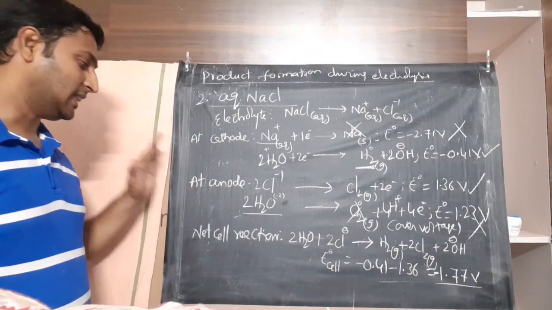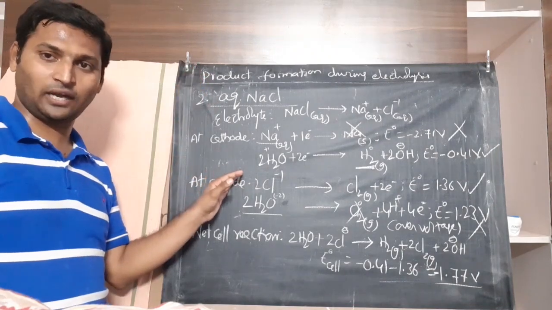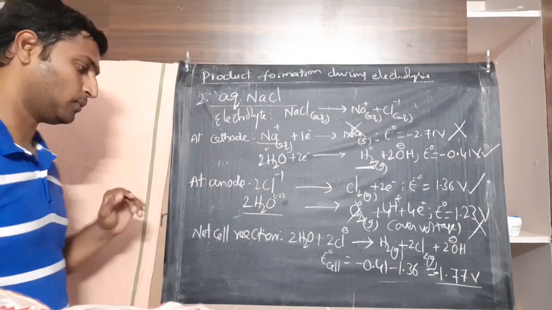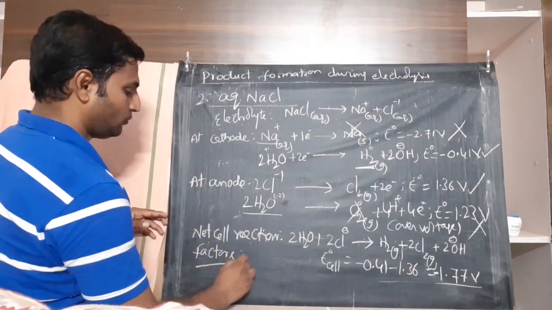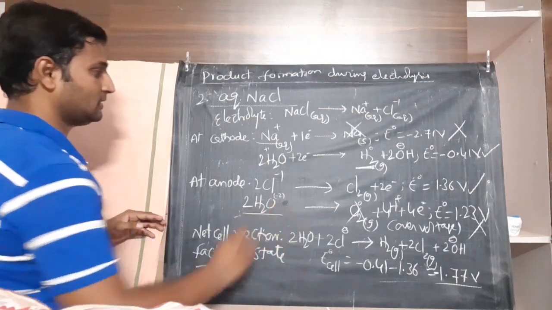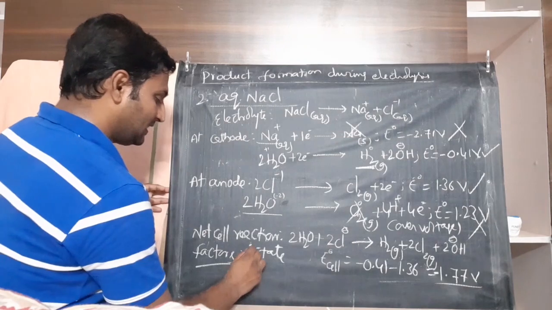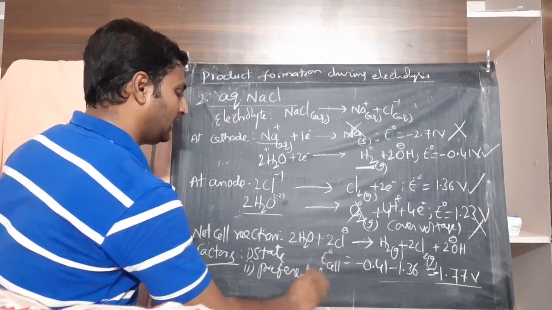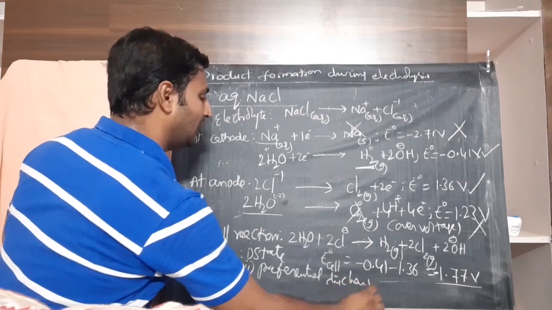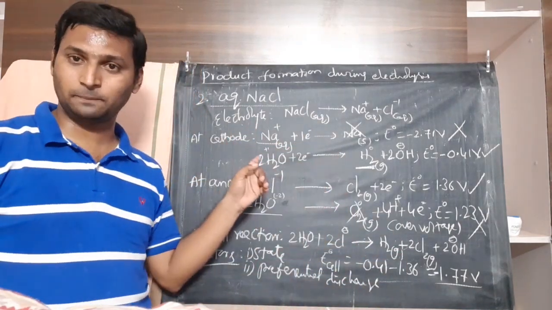So, that is how electrolysis of aqueous sodium chloride can be understood. Now, what factors decided the product formation here? One was the physical state of the substance. Because it is aqueous, water came for competition. Second factor was the preferential discharge theory, especially at cathode. So, electrode potential value came into picture when we had to decide the product formation.